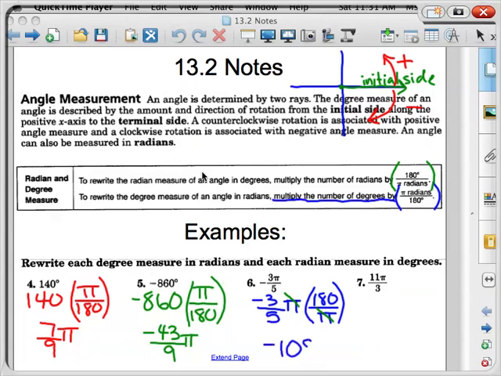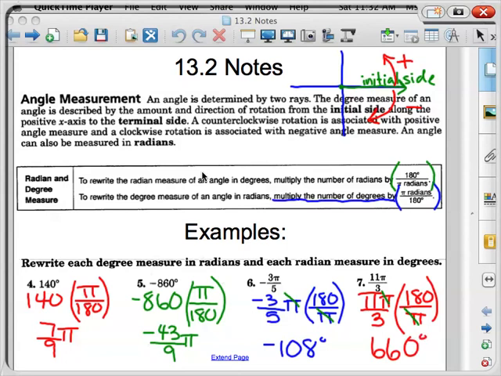negative 108 degrees. Finally, our last problem here, we have 11 pi over 3, multiply by 180 over pi to change to degrees. Again, the pi's are going to cancel. So in our calculator, we take 11 times 180, divide by 3, and we get 660